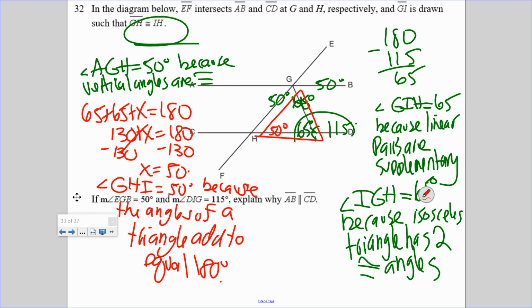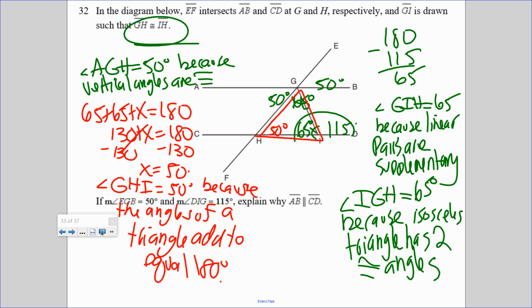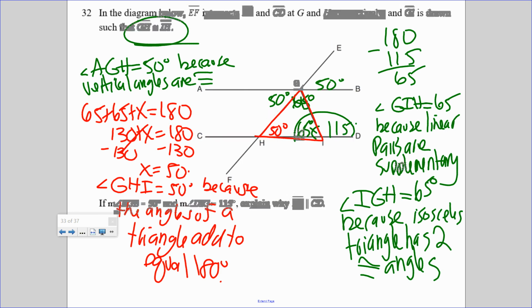Now, it wanted me to explain why they're parallel. I know my picture got a little messed up here. Ooh, look at that. At this point, the alternate interior angles are congruent. So I can say that AB is parallel to CD